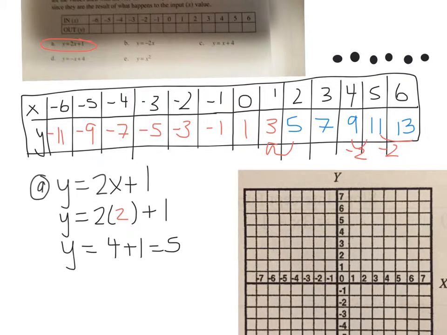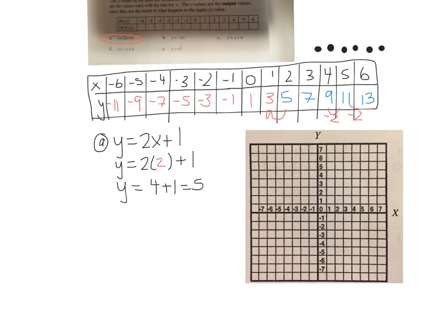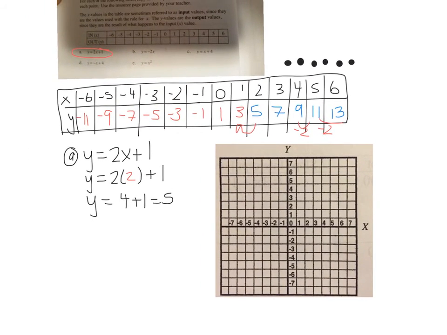Now, what happens when you have all that stuff? You've got this table that you've created. We started by making the table by taking numbers and putting them in the place of x and finding the y numbers. And then we noticed a pattern and we filled out the whole thing. The next thing they ask is for you to put it on a graph. So I made a graph right here. I'm going to plot some of these points. So the point 0,